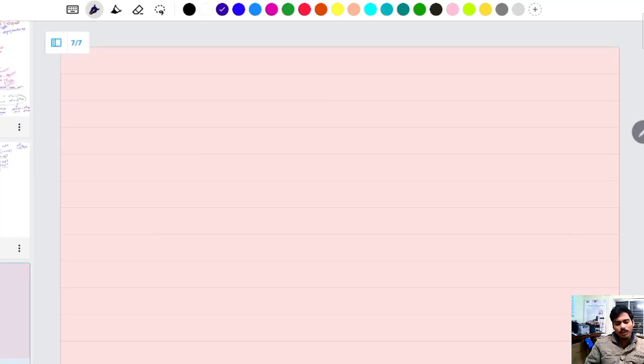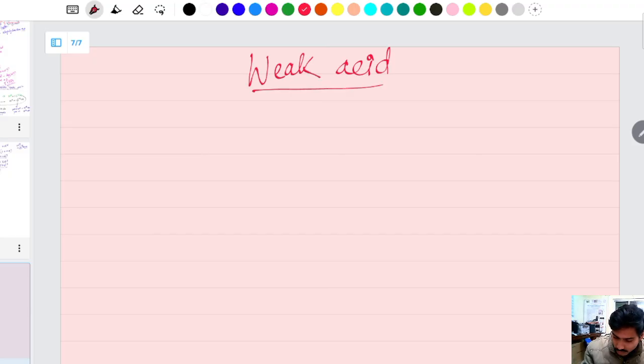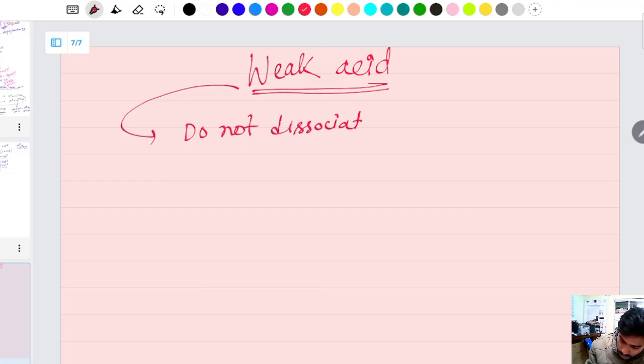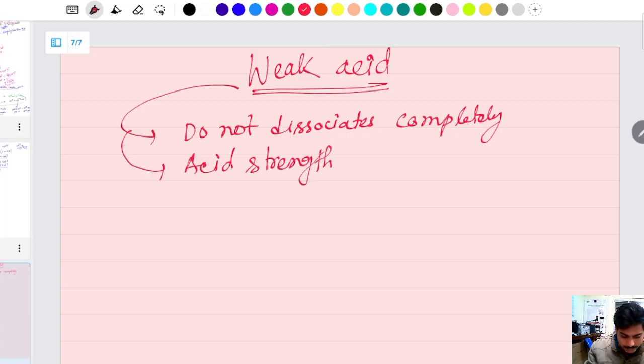Let's talk about weak acid. So weak acid means it does not dissociate completely, and the acid strength does not directly provide the concentration